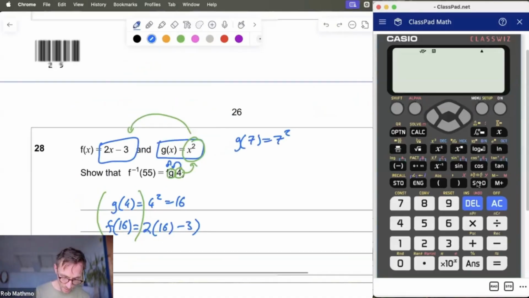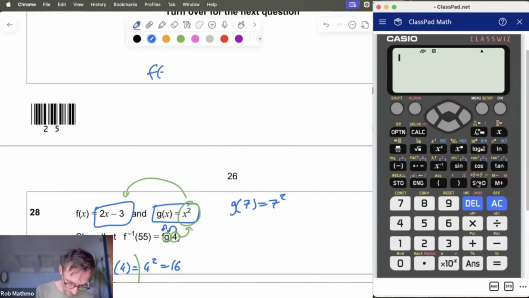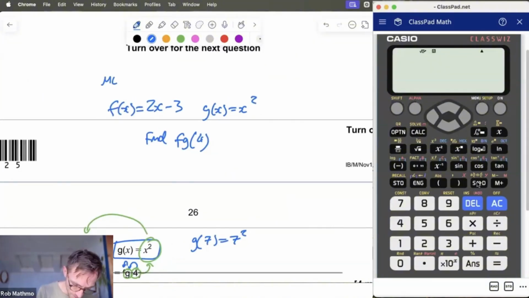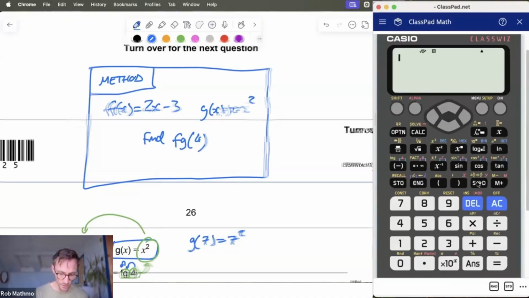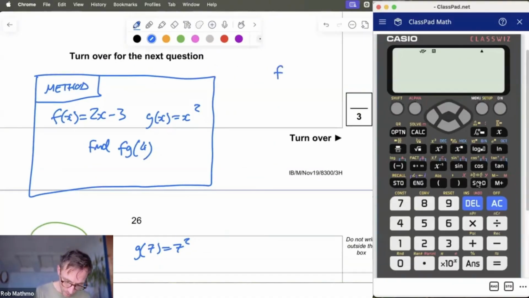So again, let's just make a card on that. F of x equals 2x minus 3. G of x equals x squared. Find FG4. And I think you just write method. When you look at this card, you don't want to calculate what the answer is. You just want to be like, well, what method would I use here? And then on the back, you could write,